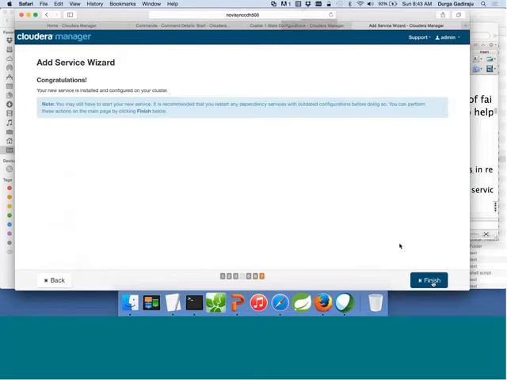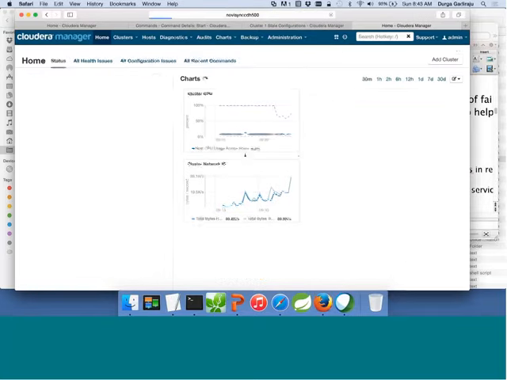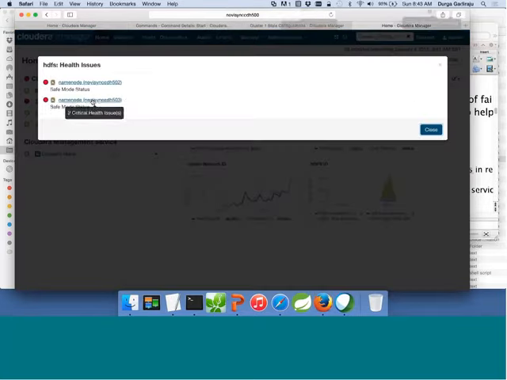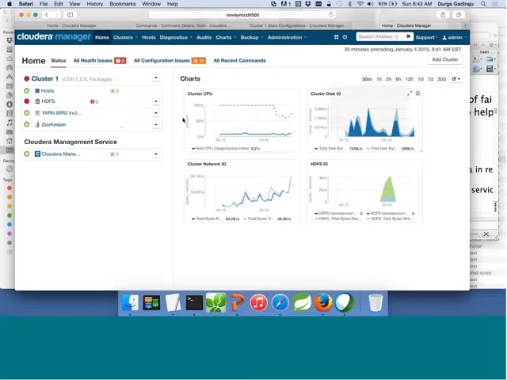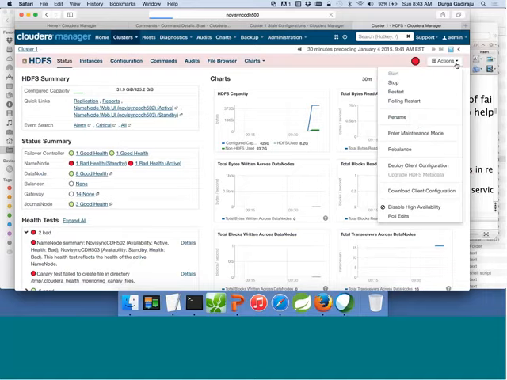So now click on continue, click on finish, and now everything is as expected, except that the name node has again gone into safe mode. I need to, let's make sure that